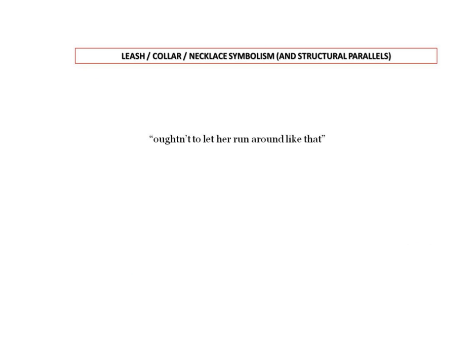Okay, second area of paralleling throughout the novel here, it relates to leash, collar and necklace symbolism. Now, I've never come across any analysis of this in any criticism or critical material upon The Great Gatsby, so this may open your eyes to a new aspect or a new angle. See what you think of this. Basically, it stems from this line. It's a line that Tom Buchanan uses in relation to Jordan Baker.